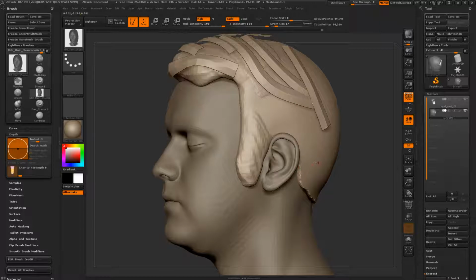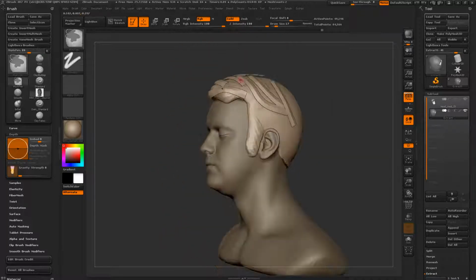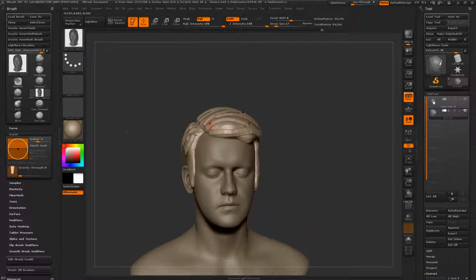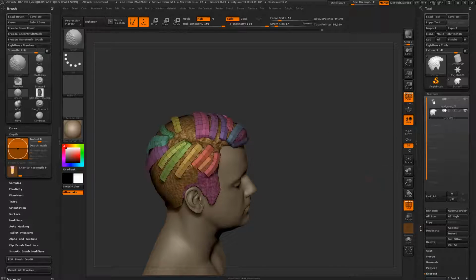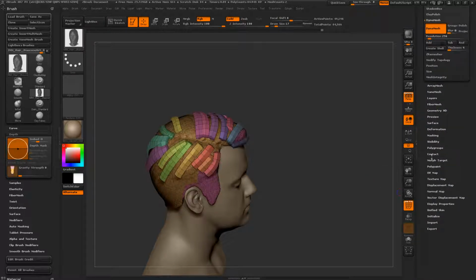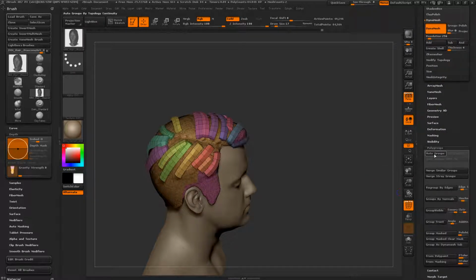However, there's a little bit more to it than just laying stuff out in ZBrush like this. Hair cards in general require multiple layers, because if you don't have multiple layers, you don't get the nice volume and coverage that you would want to be able to cover someone's bald scalp. So, for example, let me just regroup these real quick. If I just go to auto groups like that,